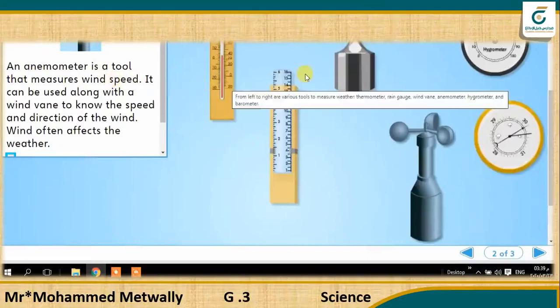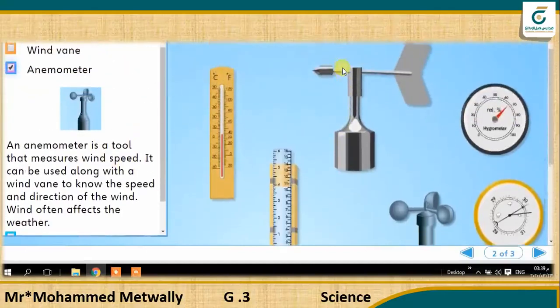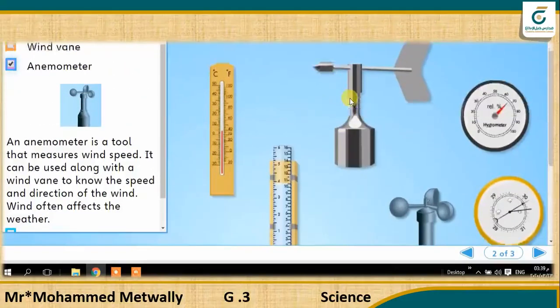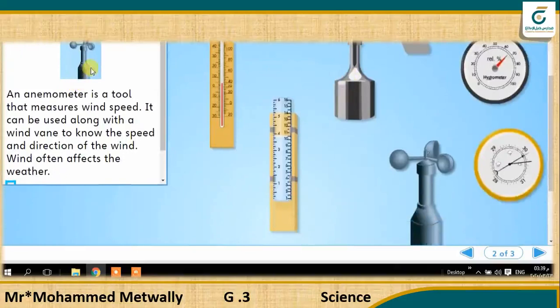Unlike the wind vane, which measures the wind direction, this tool, which is called an anemometer, measures the wind speed. It can be used along with a wind vane to know the speed and the direction. When we use this tool and the wind vane together, we can easily know the speed and the direction